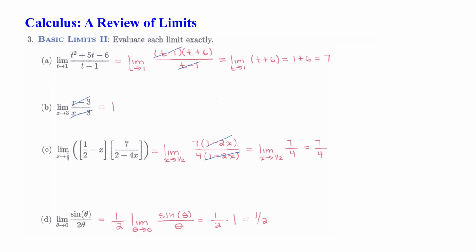I'm just trying to concentrate on the calculus. These would cancel, so this function 7/4 agrees with this function in all but one point, namely 1/2. Therefore, this limit is 7/4,